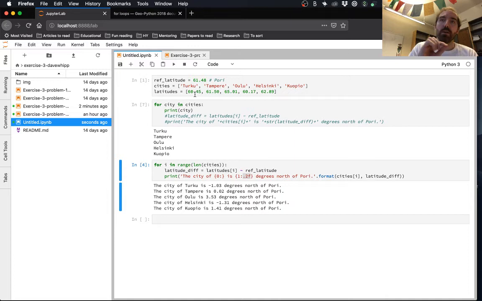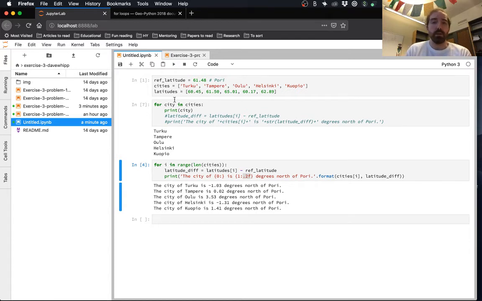So we know we can use the index to find the value at position 0 in the list of cities and the corresponding value at position 0 in the list of latitudes. So that's part of the reason why, depending on what you're doing with your for loop, you might approach it a little bit differently. If you've got two lists of the same size and you want to refer to values in both of them, it's usually best to do this for i in range, len, and then one of the lists.